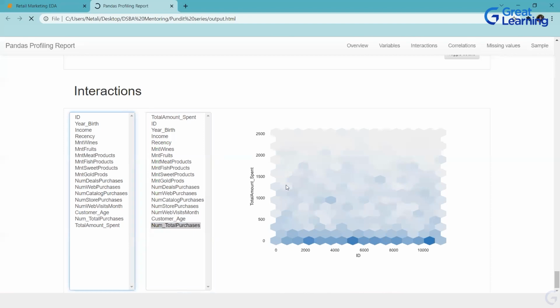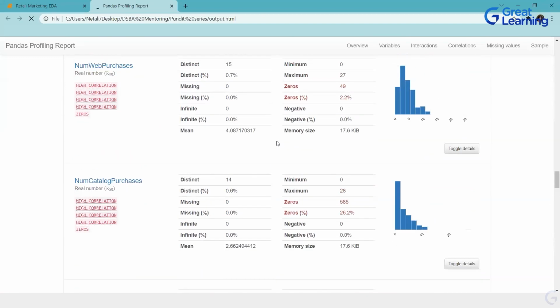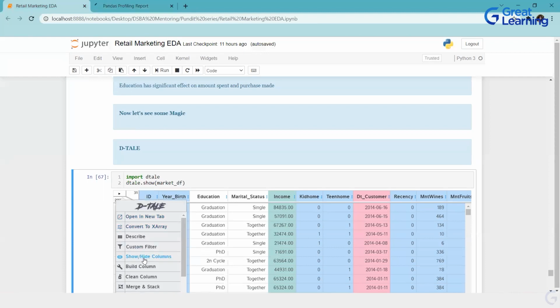Okay, this is not coming up. It takes some time to load, so let it load. Then I will come back once this is completely loaded, and I'll show you this library completely. This is Pandas profiling. Can you please show how you got the option in dtale? Which option? Okay, this one. This is the arrow, just click over here. You will get this option. Pandas profiling takes some time to load.